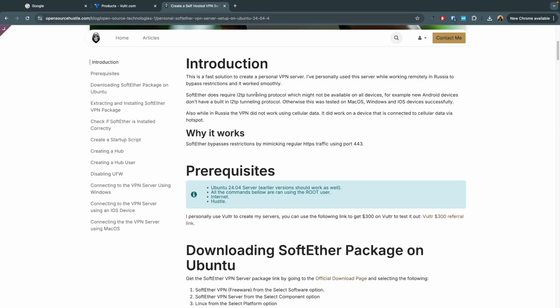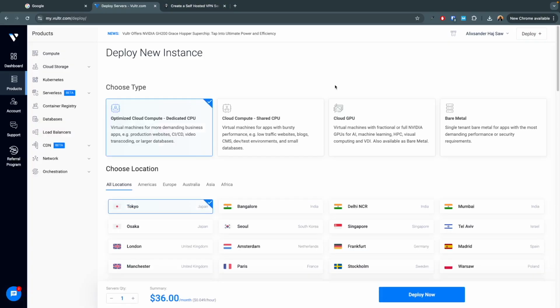So let's start with creating the Ubuntu server. I'll be using Vultr to create the server. It's very simple to use and the pricing is super clear. Also, I'll have a referral link in the description for Vultr where you can get $300 to try out their